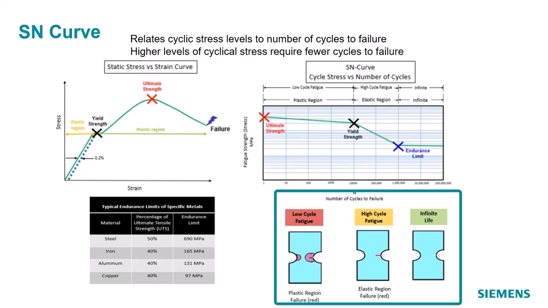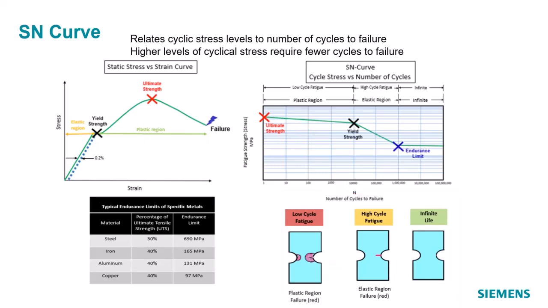For example, if you look at high cycle fatigue, you can see a small notch or a small crack occurring, and that is a failure. So this is high cycle fatigue, and this happens in the elastic region. However, for low cycle fatigue, it can be plastic failure, which can mean that the damage is irreversible and the shape of the damage is very different, with failure occurring in this example from both sides, not just one side. So the failure modes can be different in high cycle fatigue versus low cycle fatigue.